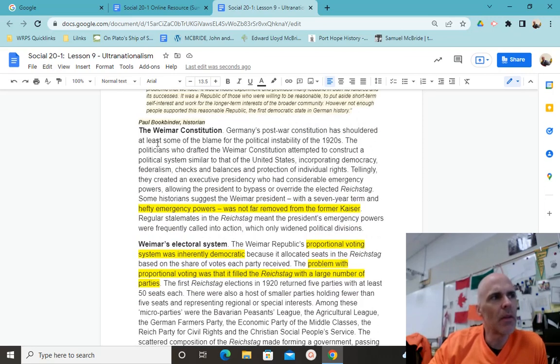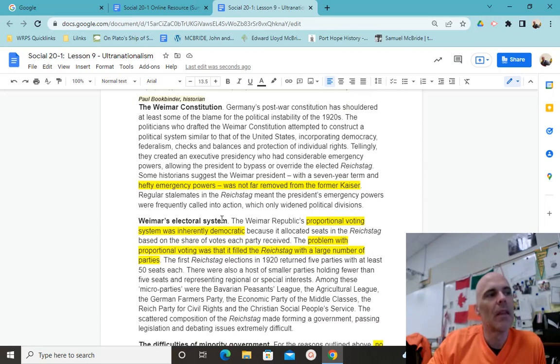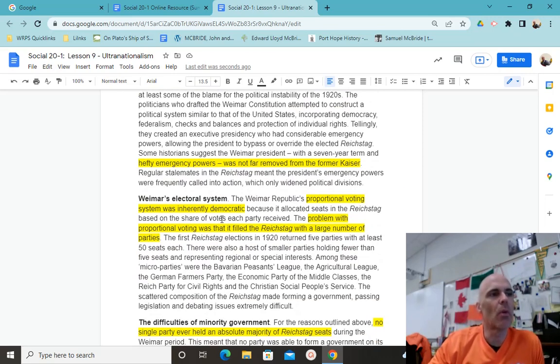Now keep in mind that the Weimar Constitution allowed for hefty emergency powers, not that different than what the Kaiser had enjoyed. So when Adolf Hitler eventually in 1933 invokes the Enabling Act, that was a constitutional move. That was within the realm of the Weimar Republic. Another flaw within the system was the proportional representation way of counting the votes, which allowed minority groups, the Nazis, to create an inroad into parliament that they call Reichstag.